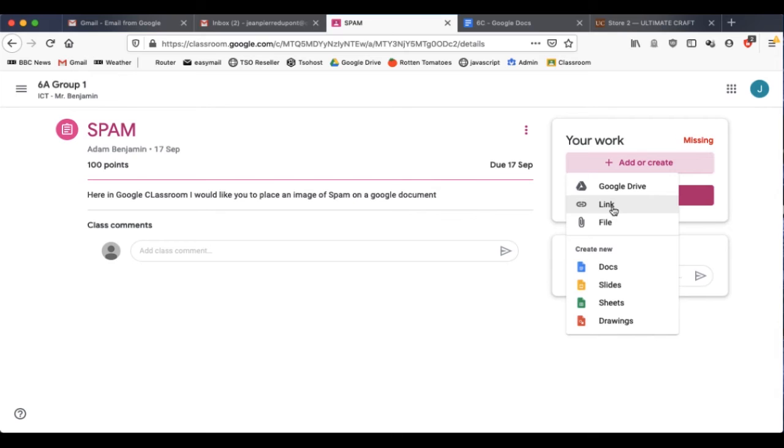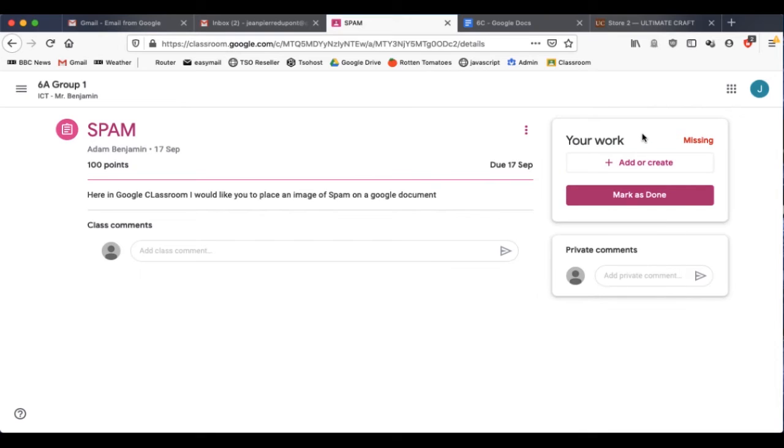They can link to any web page. They can add a file from their computer, or they can add a file from their Google Drive. So this is where the students can add work into the assignments that their teacher has given them. And here, the assignment that I gave my students was that I want them to place an image of Spam